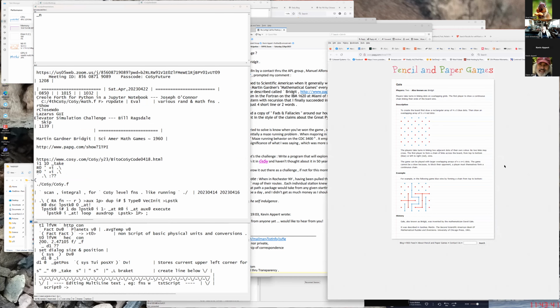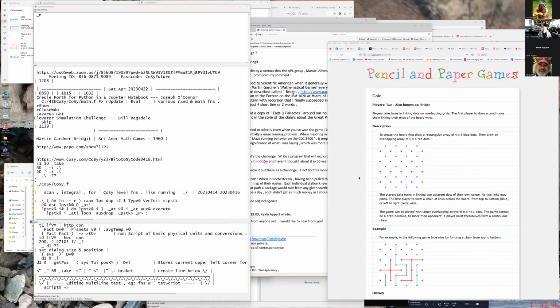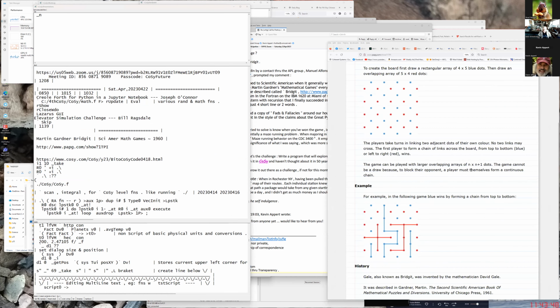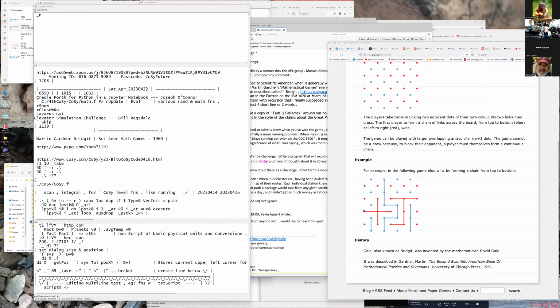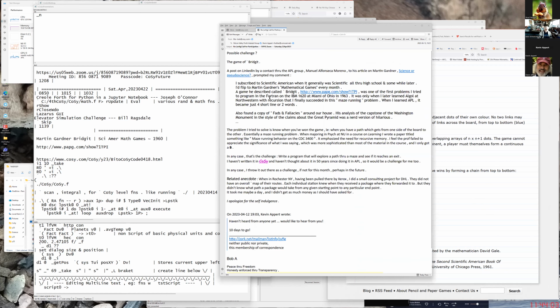this is this game of Bridgit. And what it is, you have the reds and blues, so it ends up being a maze. And one player is trying to connect a line from top to bottom, and the other is going left and right. And I'd read this in Martin Gardner's in high school. And then when I got to